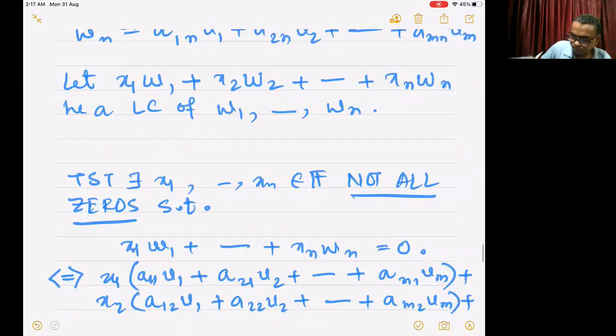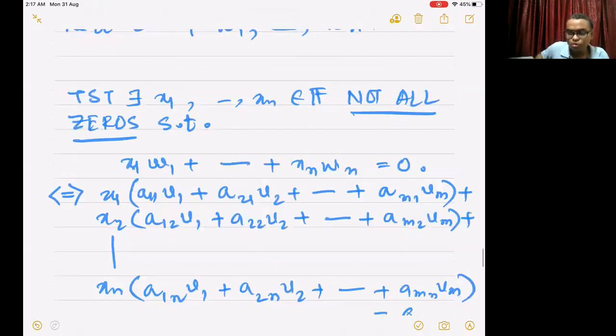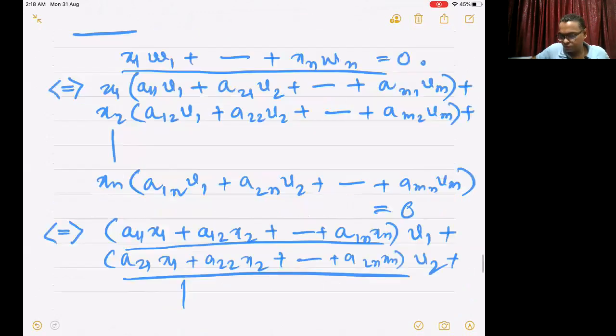That is this one, right? I wanted to find out whether there are non-zero x's, such that not all of them are zero, such that the linear combination, that is this one, goes to zero, right? Now, remember, I want x1 up to xn, not all of them zero, such that this linear combination goes to zero. But I say that is equivalent to say that